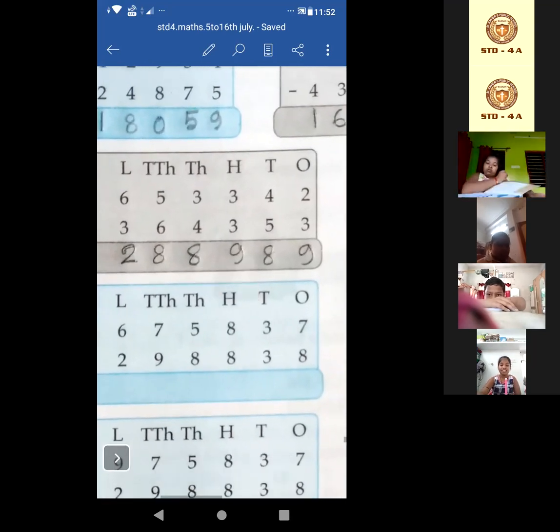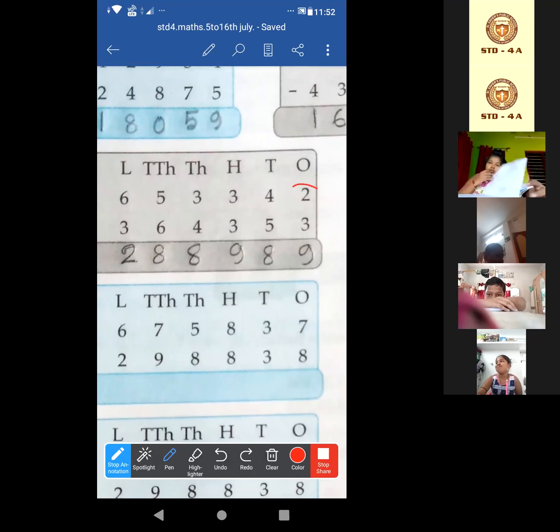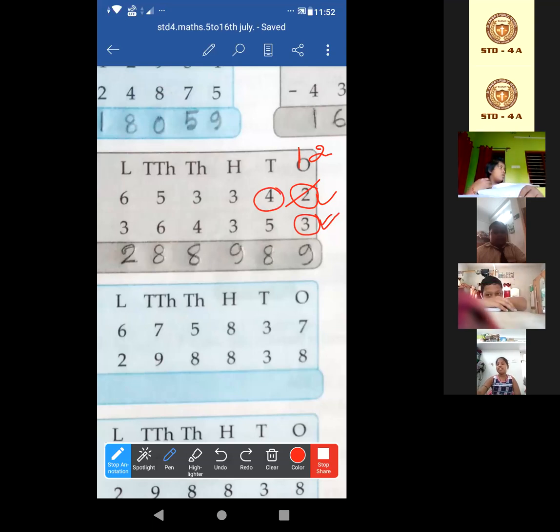Okay, how to borrow? Look at this. This one 2, this one 3. 3 is greater, so a greater number we cannot subtract from a smaller number. Can we subtract 3 from 2 now? 2 is the less. So we have to make this 2 greater. How? 2 will remain 2, and we have to take 1 ten from this 4 tens. Here are how many tens? 4 tens are there. So from this 4 we have to borrow 1. Look, we have already borrowed this 1, so this 2 has now become 12.